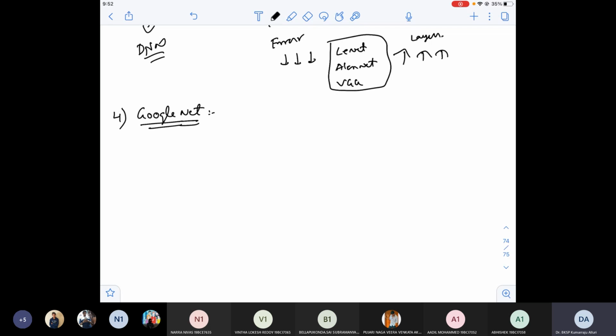Then they thought, okay, let us go with maybe 32 layers or maybe 64 layers, something like that. See, if they had directly gone for this 32 or 64 layers, why would the company be called Google? Before they applied it, they had something in their mind. Okay, if we increase the number of layers to 32, 64, 128, the problem is the number of parameters will increase. Yes or no? That means indirectly the number of computations also will increase.